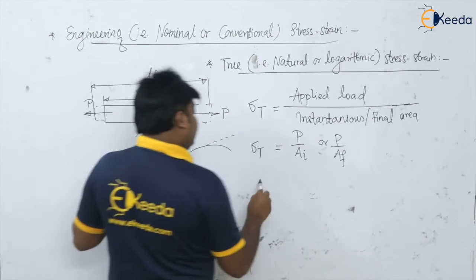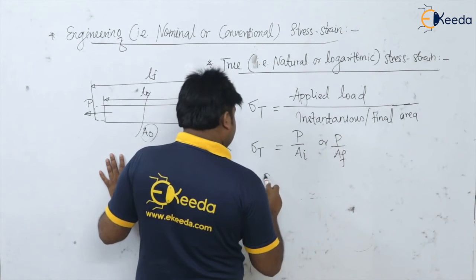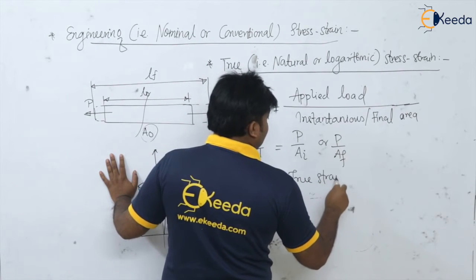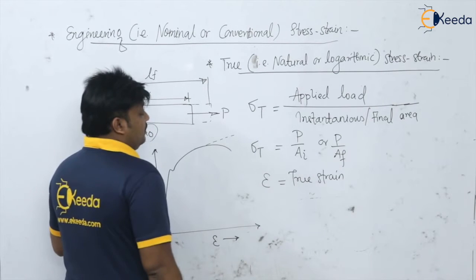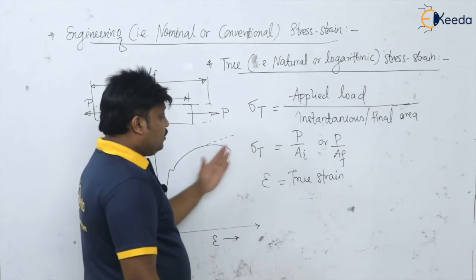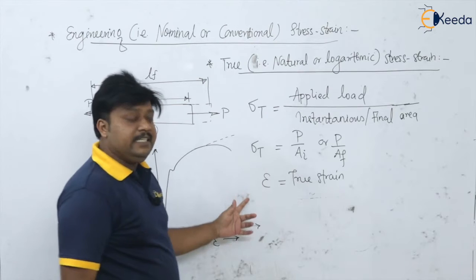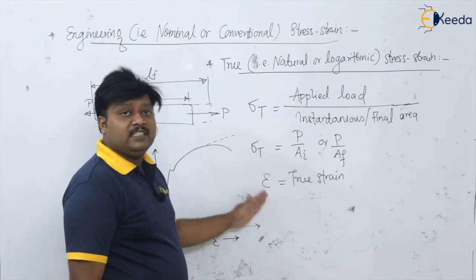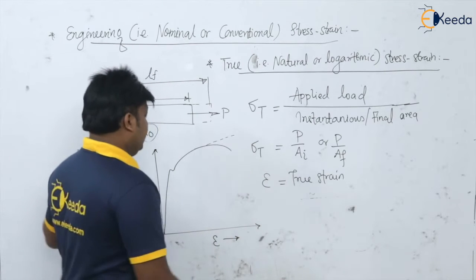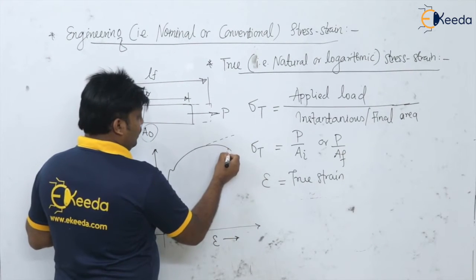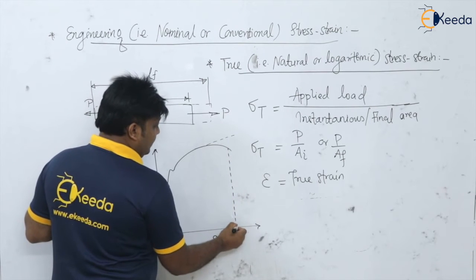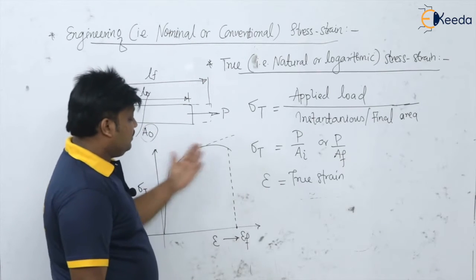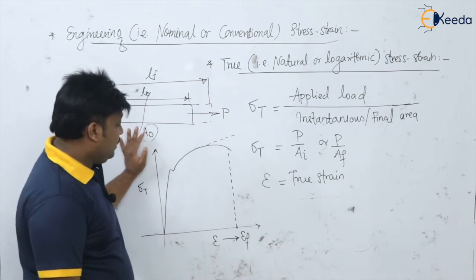Now the true strain in this is represented by epsilon, is our true strain. It is our true strain. And what is the value of this true strain? It is nothing but the summation of all the nominal strains instant to instant. Okay, suppose if I want to have the strain epsilon f, I want to calculate say the strain at the time of fracture or failure.